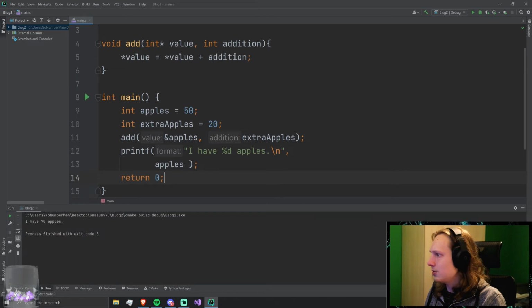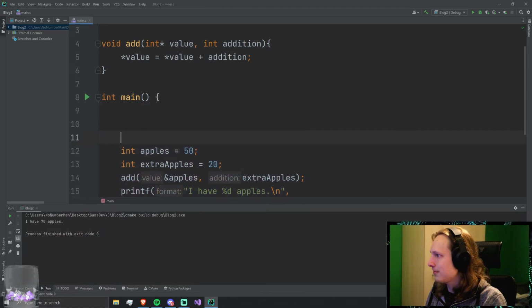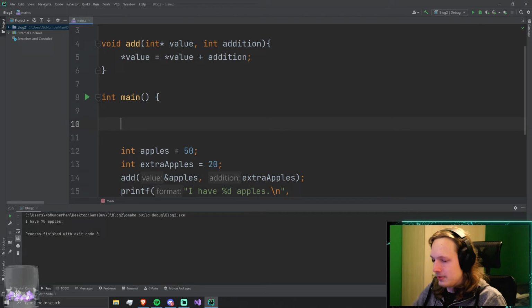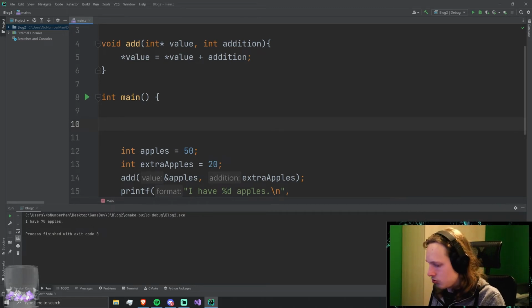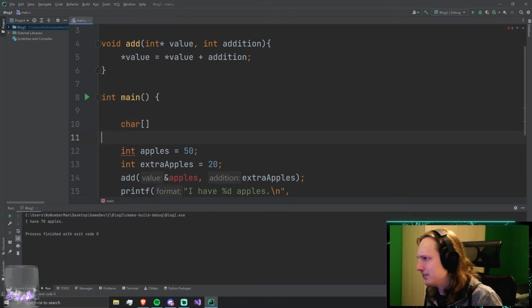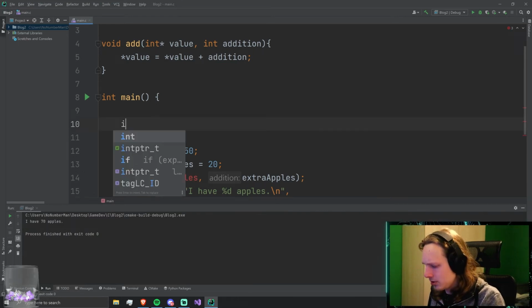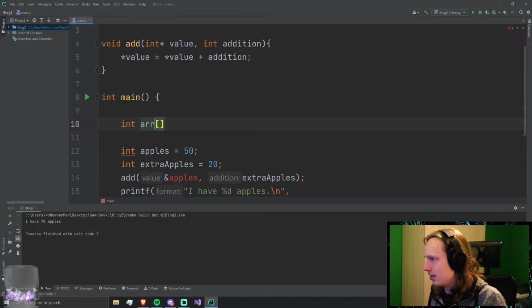Let's say we will do here a const int r array, and in here we'll just store 10 integers, whatever.